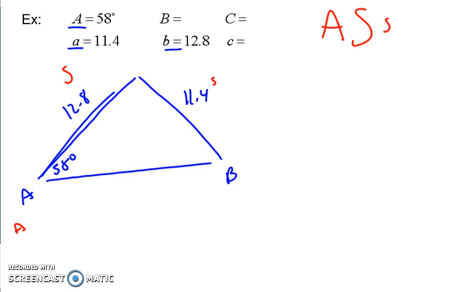So with that, based on that triangle, let's see if we even get a triangle out of this. Hopefully we get an error, and that means that we don't have any triangles. If we don't get an error, though, automatically that means we have two triangles that we can make here. So let's figure out how big angle B is. So sine of angle B divided by 12.8 has to equal the sine of 58 divided by 11.4, using the law of sines there. Multiply both sides by 12.8 and then take the arc sine